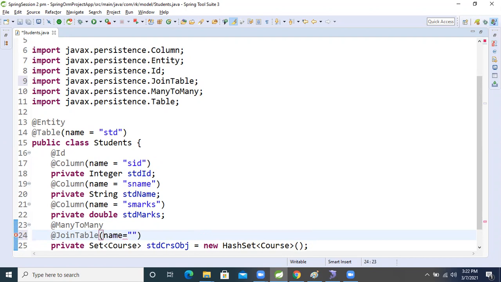I want to give std student, then crs for the course table, because this table is a combination of two tables. So I have given the third table name. Now, comma, I need to join two foreign key columns.